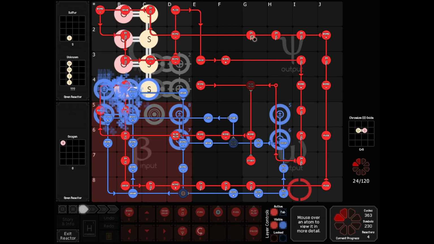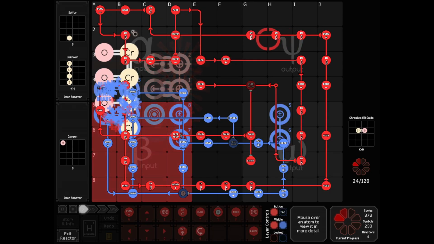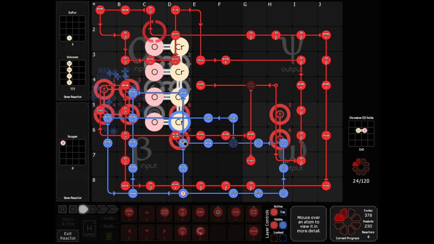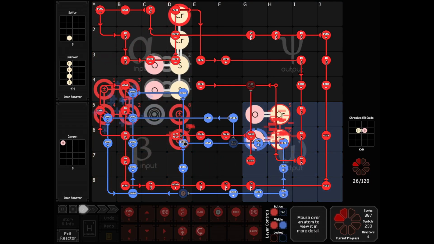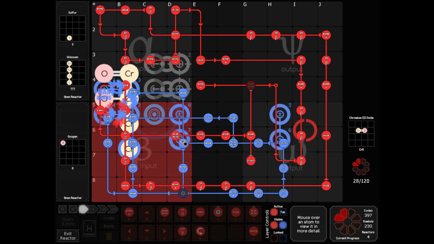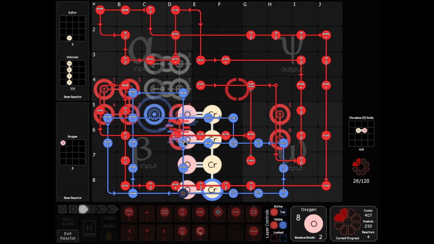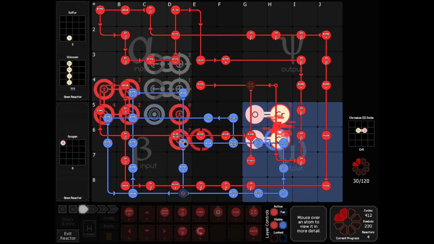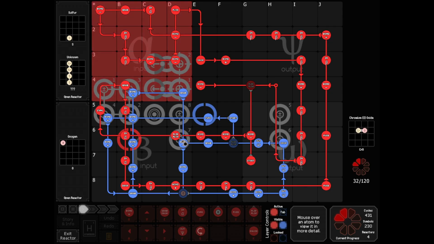I will say though, you might look at and wonder what that red flip-flop is doing on D6. That took quite a while to figure out. It turns out that this solution is not always stable because you don't know when the top reactor is going to start giving you your first sulfur input relative to how many oxygens are in the pipe. And if you get a really, really unlucky input bucket,